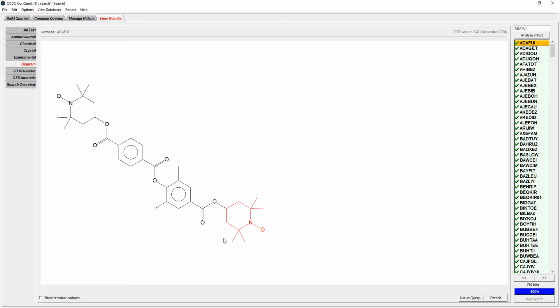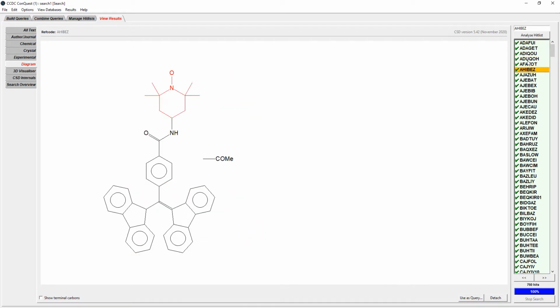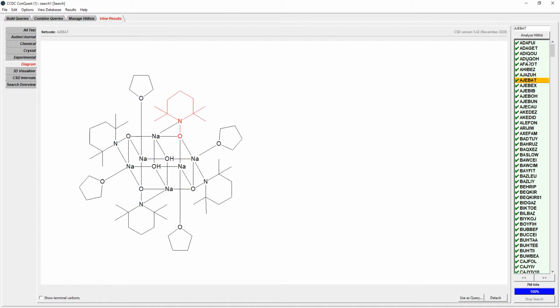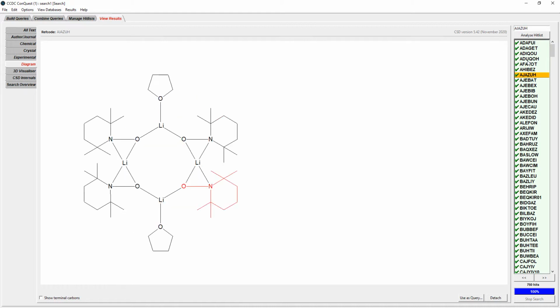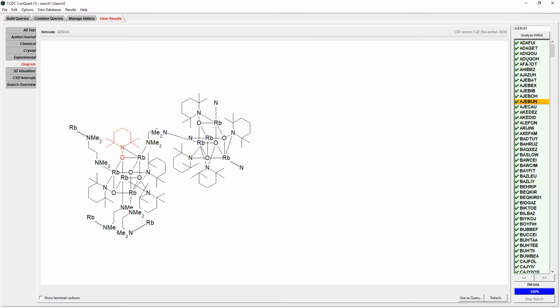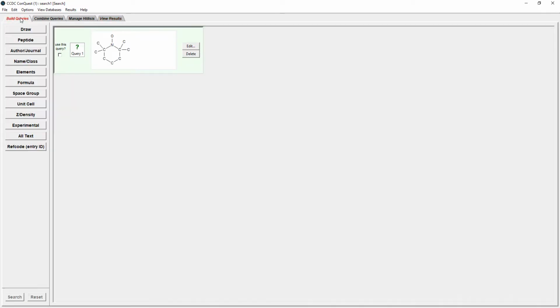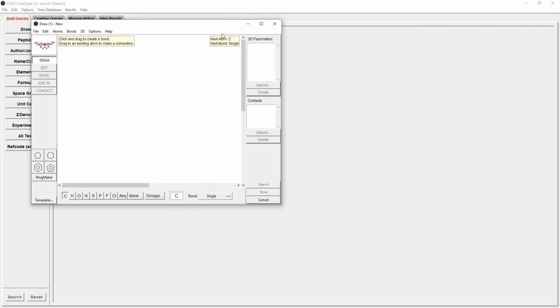If we look at this first structure right here, this isn't TEMPO on its own. This is that framework that you have for TEMPO as part of a bigger molecule. If you go down, you start seeing variations of TEMPO, and again larger frameworks that include the TEMPO type of structure in it, but it's not specifically the one that we're looking for in this case. So what we sometimes have to do is make everything a bit more specific. If we go back to build queries and we draw out our structure,